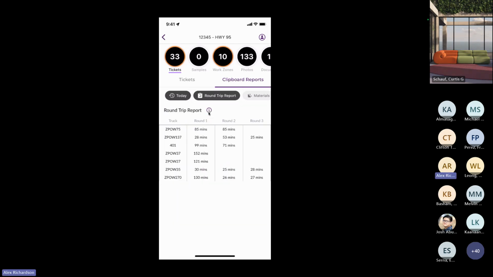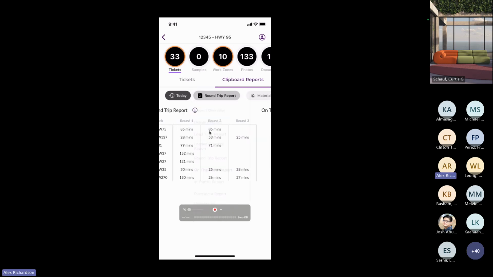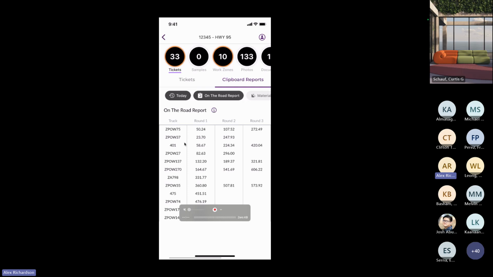So when the question came up from the group, I want to make sure I give the proper shout out here. Francis, about your question about some trucking insights. So again, not GPS, but based on the scaled ticket data, here's some cycle time analysis in minutes. And then on the road, this is letting you know in quantity per round per vehicle, what's heading your way,